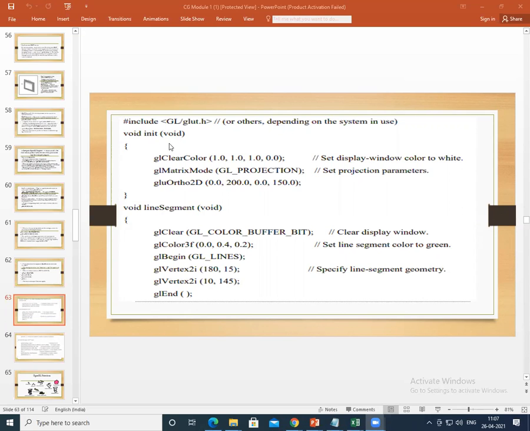So the init function, the initialization function, where we clear the color, that is, set the display window color, and it is set to white color.